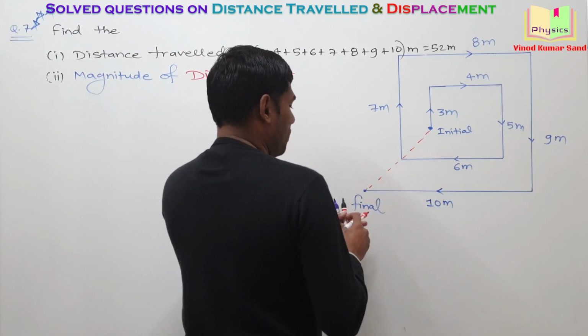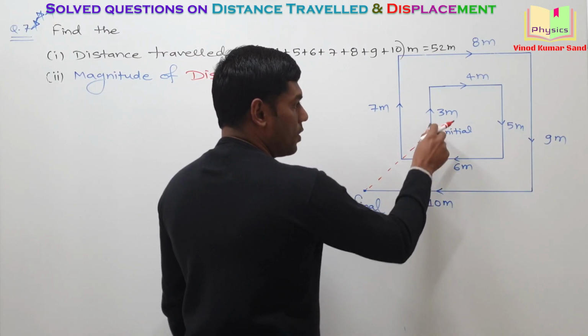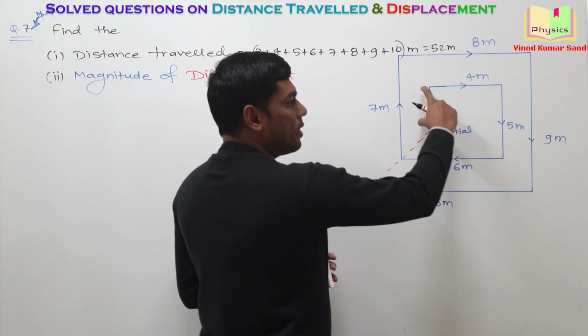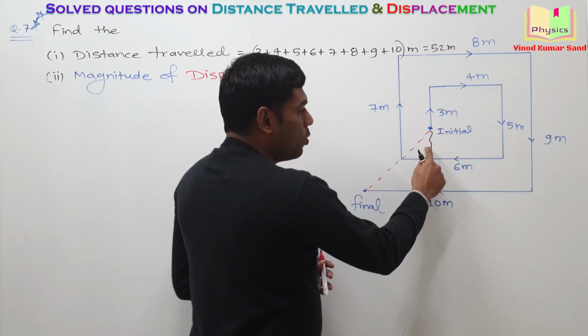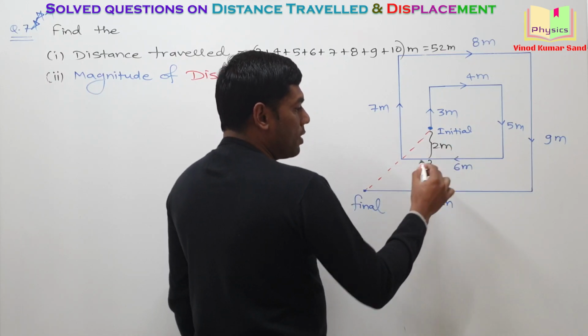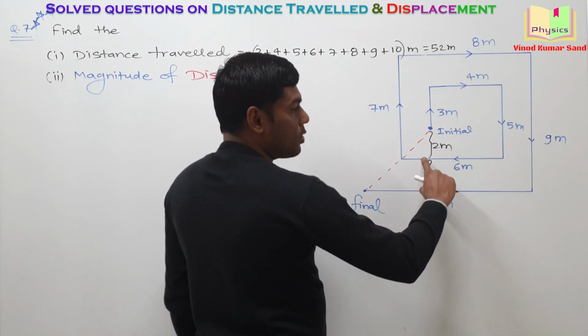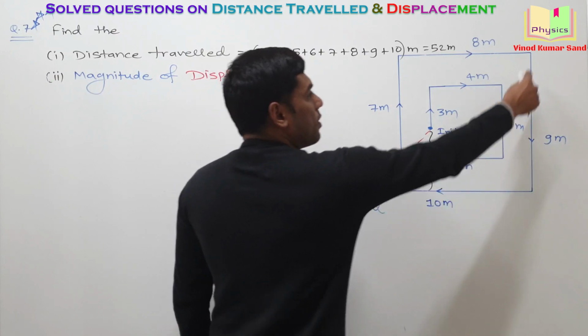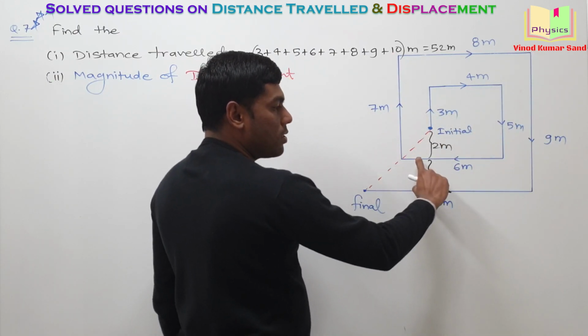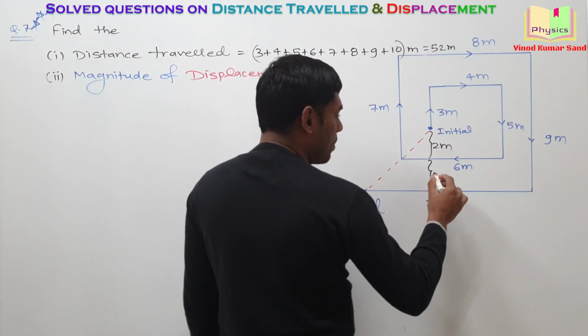See, this length is how much? This much length. You can easily tell. This total is 5 meter, then this is 3 meter. So this remaining should be 2 meter. Similarly, what about this vertical length? This much. We know that this total was 9 meter and this is 7 meter. So this gap is also 2 meter.